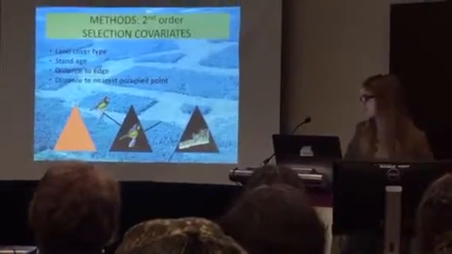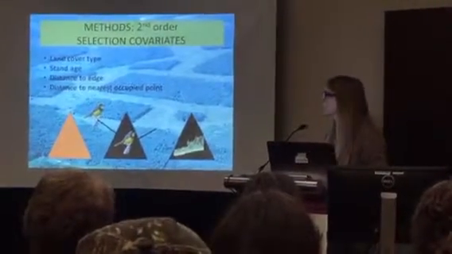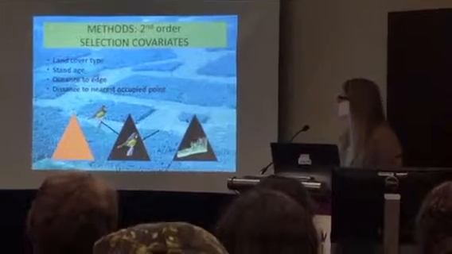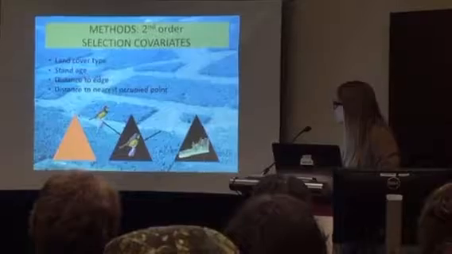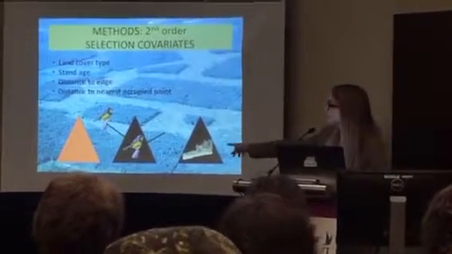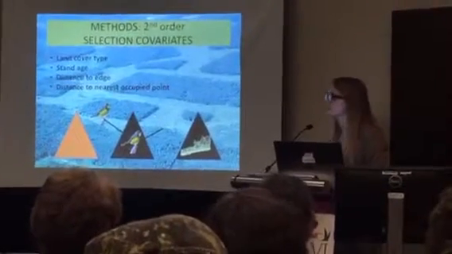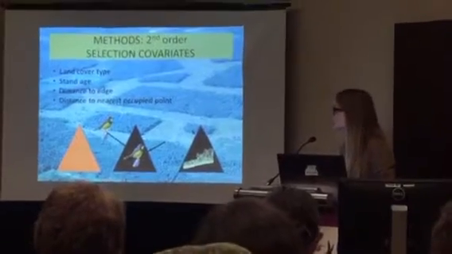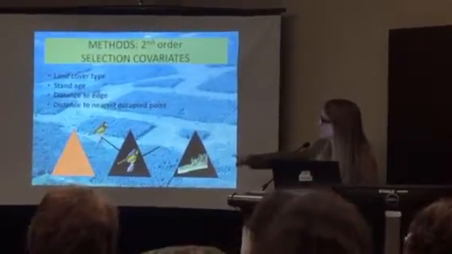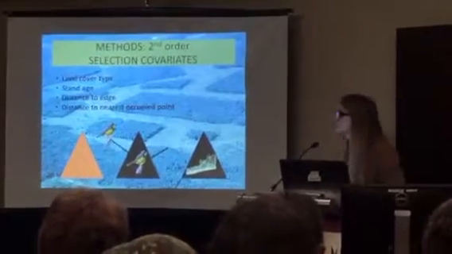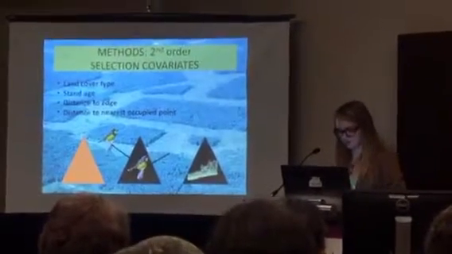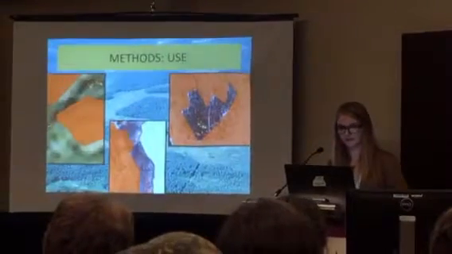So then we used a geographic information system to extract our forestry covariates. So we used a cut block layer from the Alberta Biodiversity Monitoring Institute, and we extracted each of these triangles as representing a point count station. We extracted land cover type, so whether post-harvest or unharvested, the stand age or level of regeneration, the distance to the nearest edge, and the distance to the nearest occupied point from survey detections.